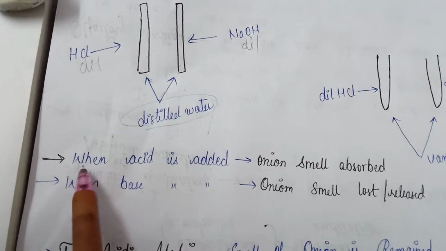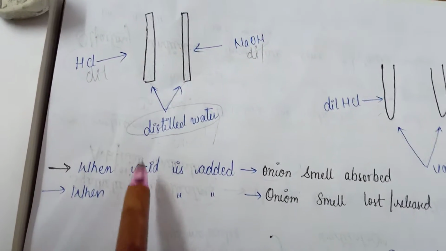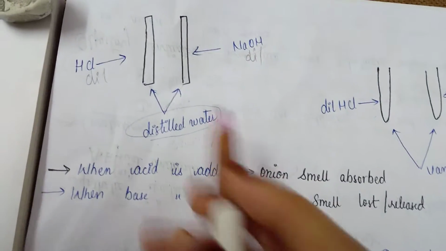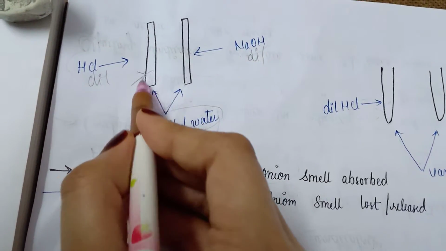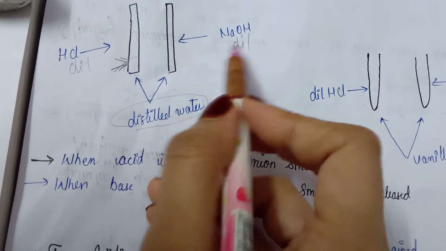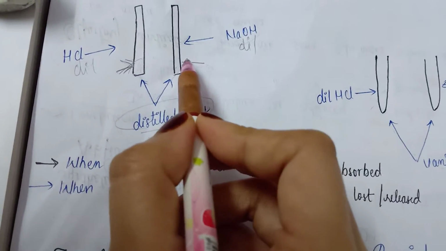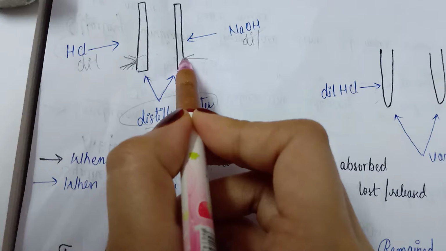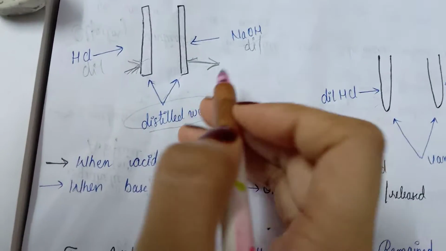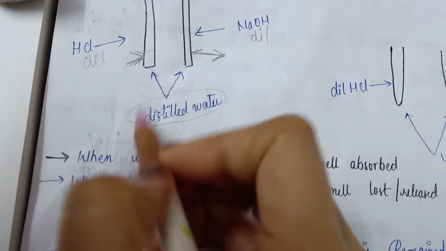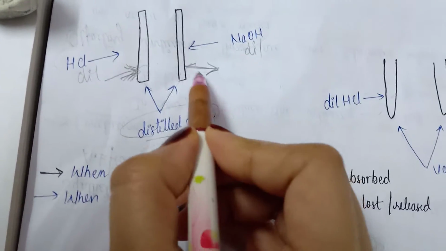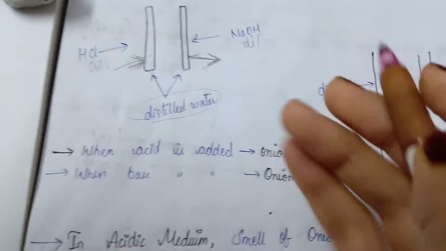Then what will you observe? When we add HCl to this cloth, the onion smell is observed in the cloth. But when we add NaOH to this strip, the onion smell is lost from the cloth. I am repeating, the smell is observed in this cloth and the smell is lost from this cloth,